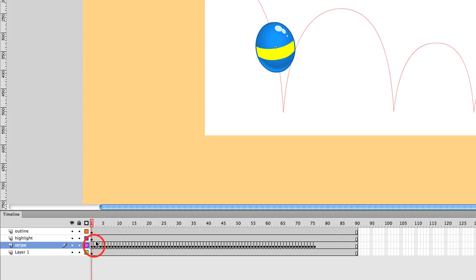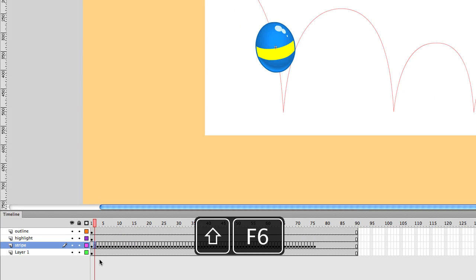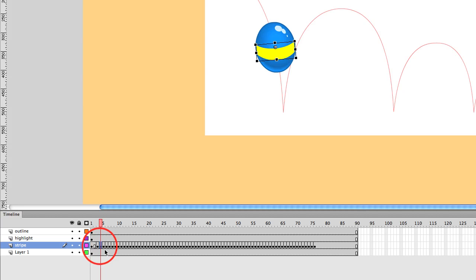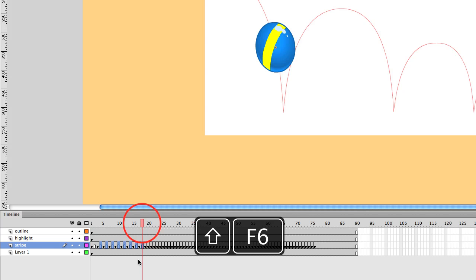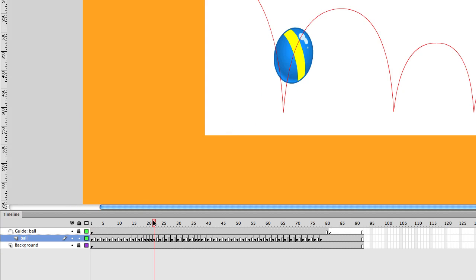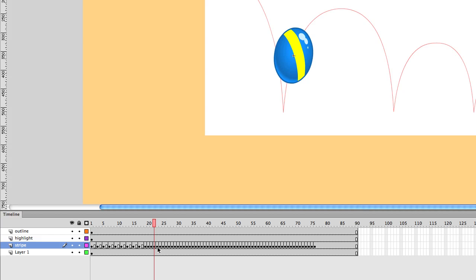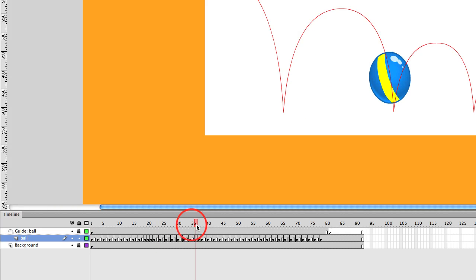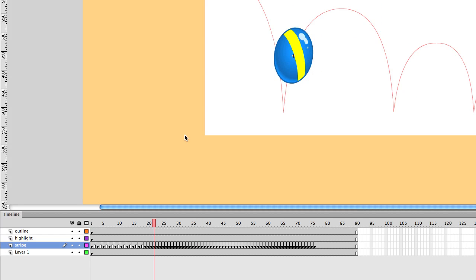So clicking in, Shift F6, frame over 2, Shift F6, or holding the Command key, you can select every other keyframe just like that until we get up to frame 19, which is the next frame. Shift F6 clears those out. We want this to be on 1s all the way through frame 22. So clicking in at frame 22. And click back out. Let me see. Right here, frame 36 is where we go back to 1s. So from frame 22,